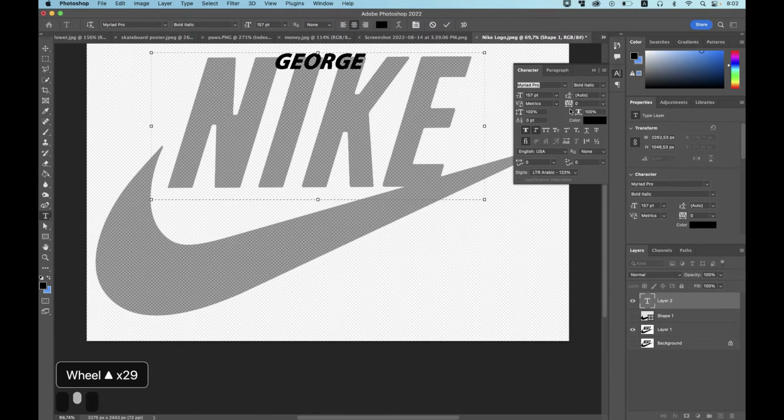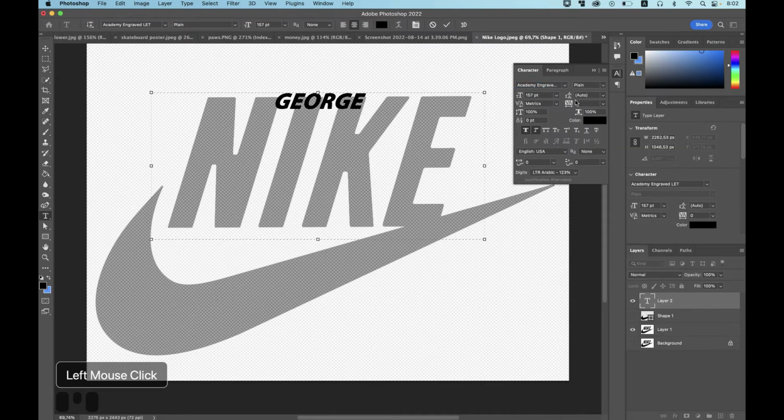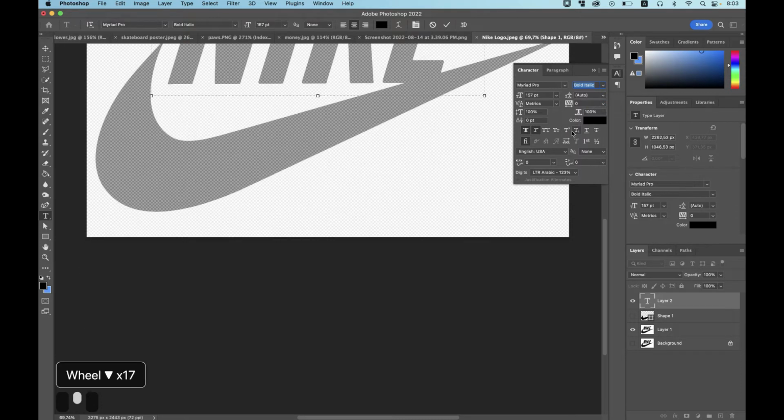And there are a lot of settings. So I like this text, and we can change it to, for instance, this one. Just highlight it, and you can choose italic and bold, or regular, or bold italic. Okay, I like it. Just play around with that.